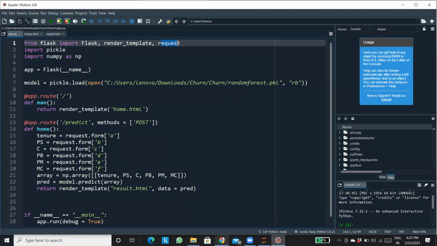If Flask is not installed, I'll show it to you. Obviously, we'll be creating a virtual environment, so we'll see. Now, to turn on your Flask app, you need to give this command, that is app equals Flask of name. So this is basically going to turn on your Flask app.